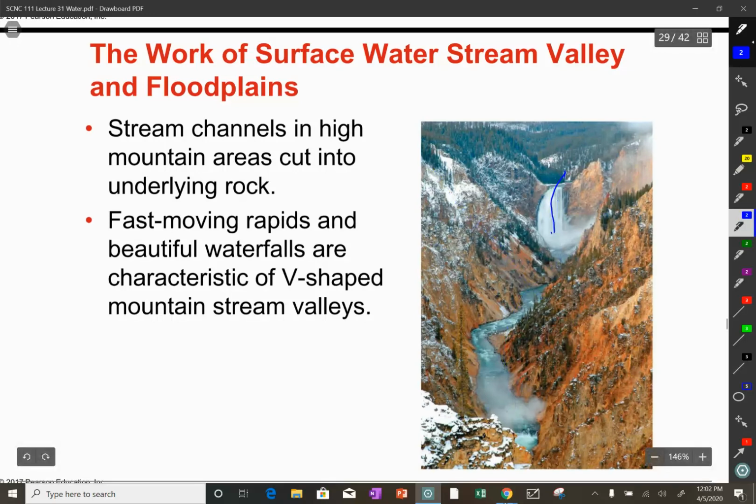This here, I'm pretty sure, is the falls in Yellowstone. It's a pretty falls. And so you have a waterfall here. Why is there a waterfall here? Because you have a rock here that's harder, that doesn't erode as easily. And so the water came over that, and then something that was easily eroded down and created this much lower valley. So stream channels cut V-shaped